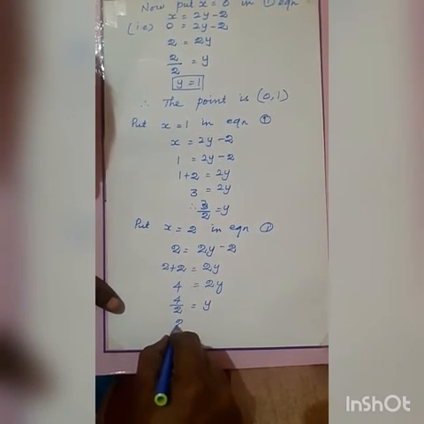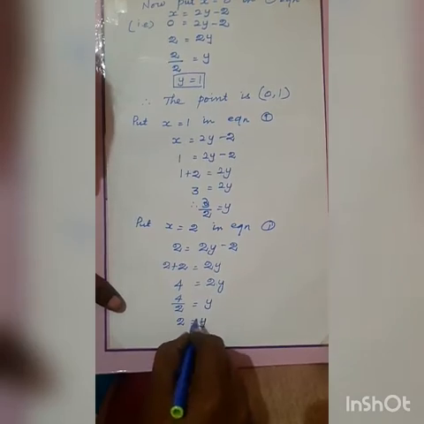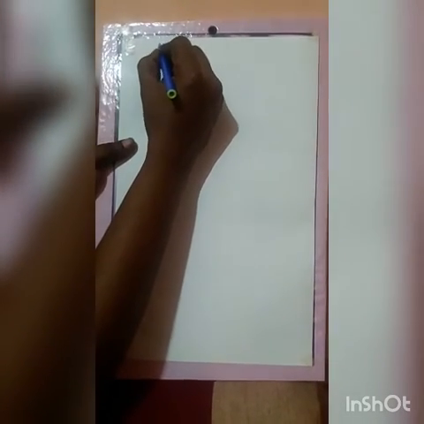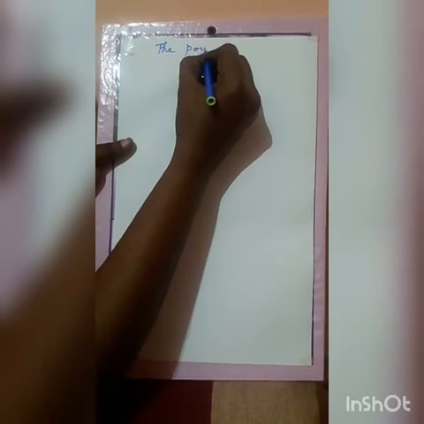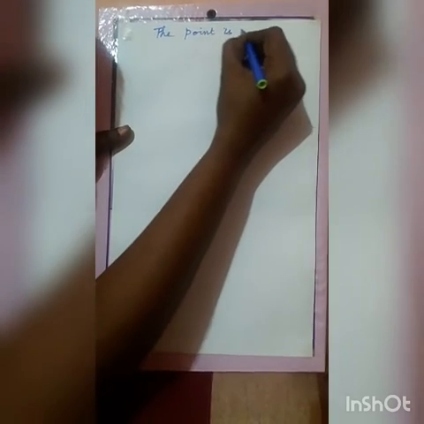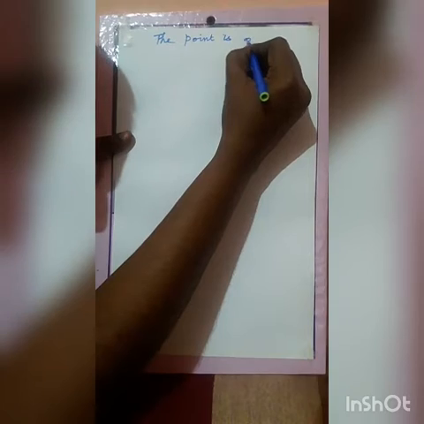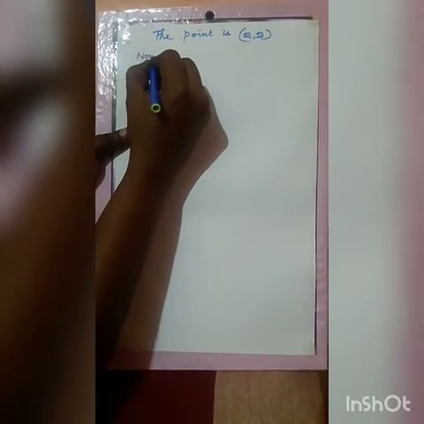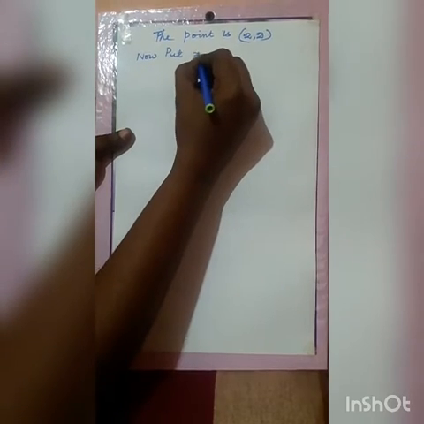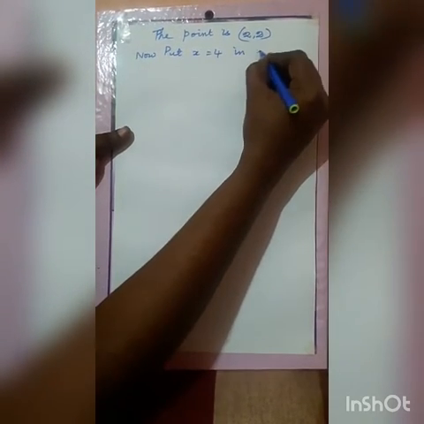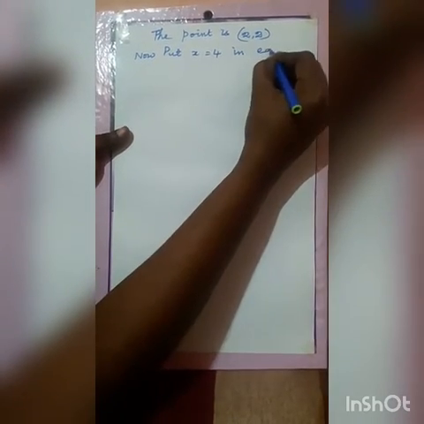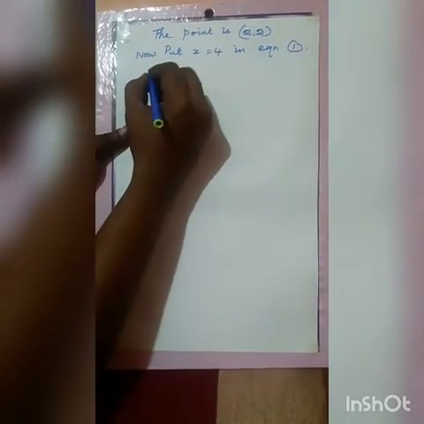4 by 2 is equal to 2. That is equal to y. Now, therefore, the point is 2, 2. Now, put x equal to 4 in equation 1. Therefore,